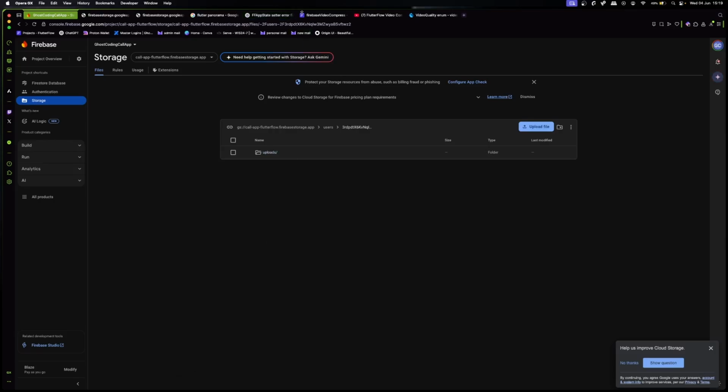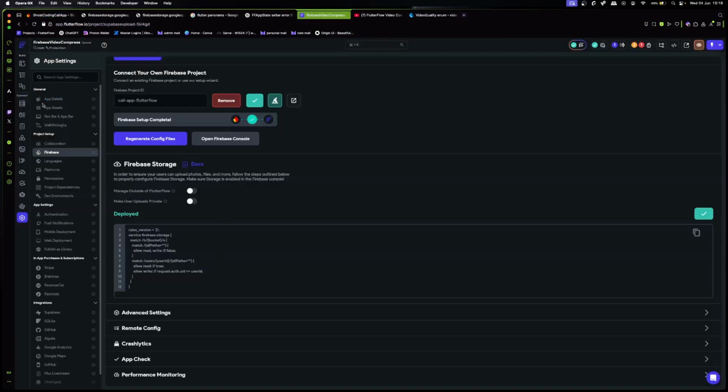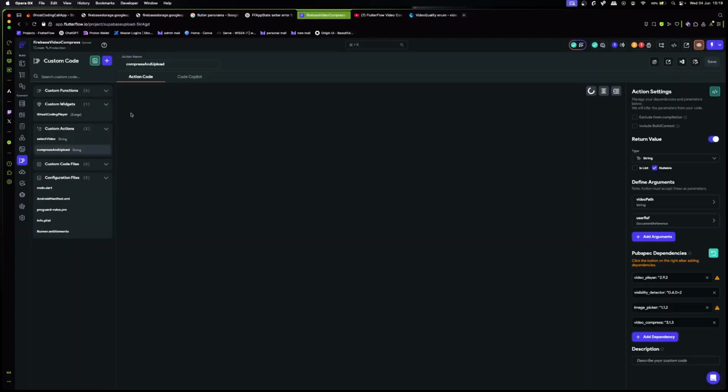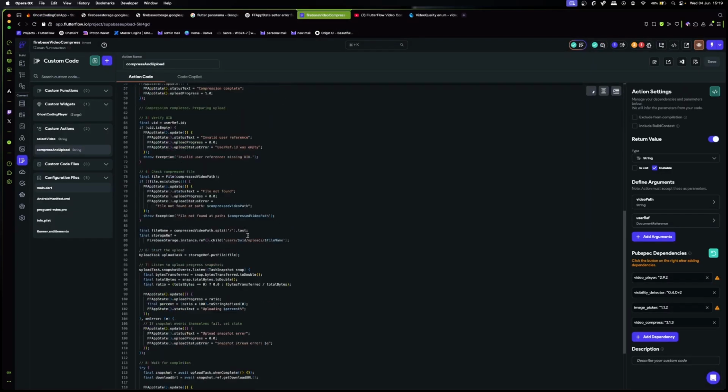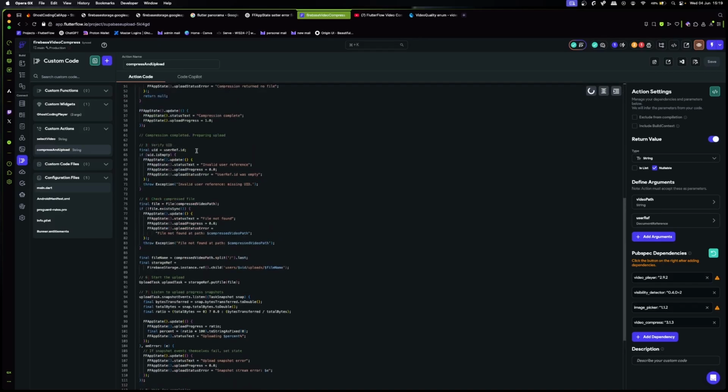So if we go back to our actual Flutterflow project, come to our compressed video, we can now see that we're first checking the user ID. And if the UID is empty, then we want to make sure that we pass in an error state so that we can tell the user like, listen, you're not signed in, or there's no UID, whatever the case might be, right?